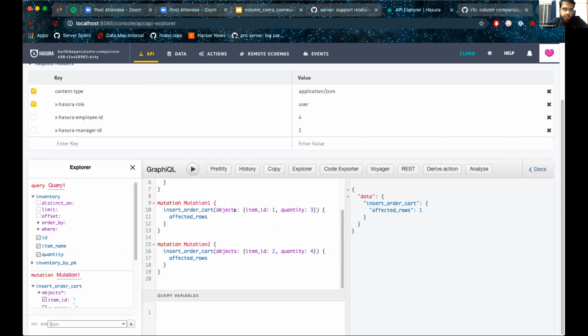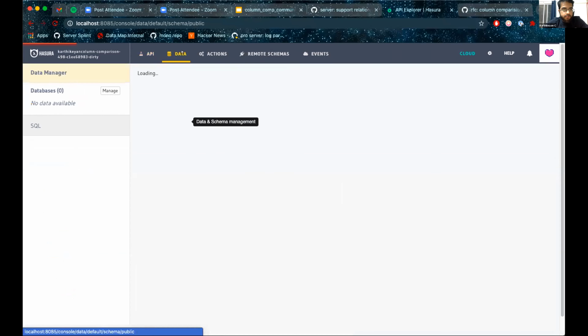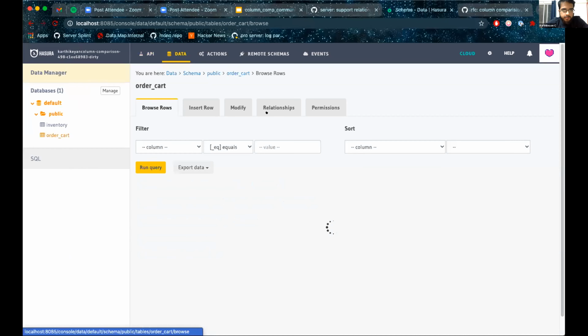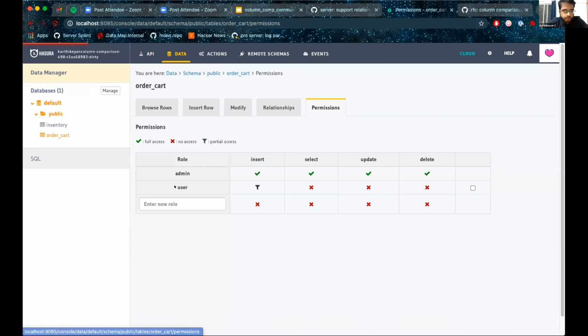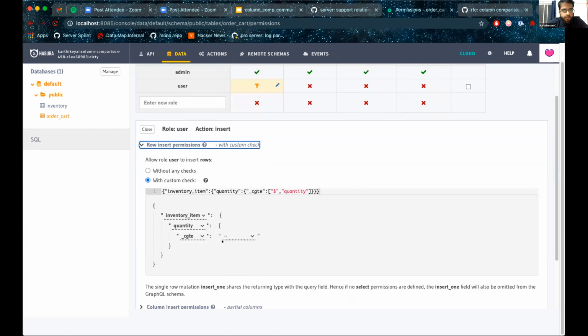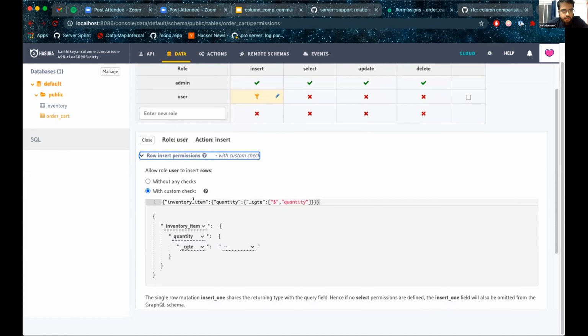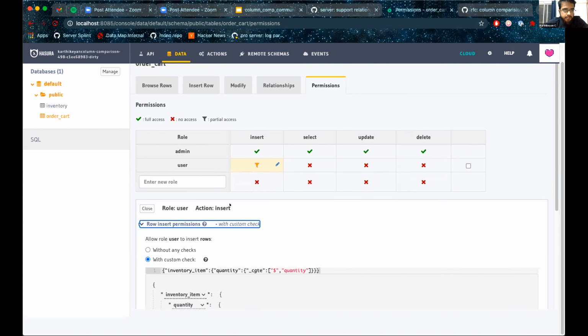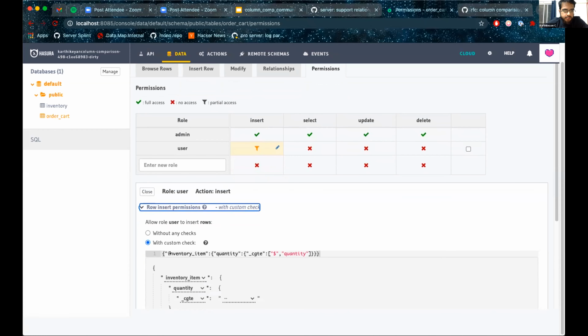Oh sorry, I didn't show. Let me show how the permission is configured for the user. This is how you configure it. Here we are saying that the order cart has an object relationship with the inventory table. This is the inventory item, and we are saying the inventory item's quantity should be greater than or equal to the $ quantity.